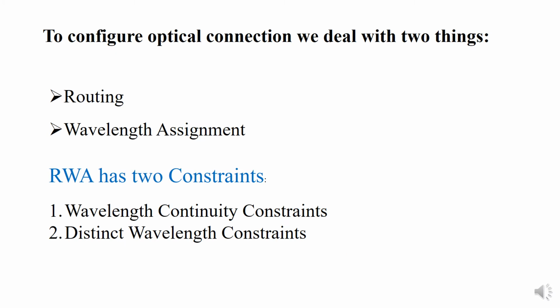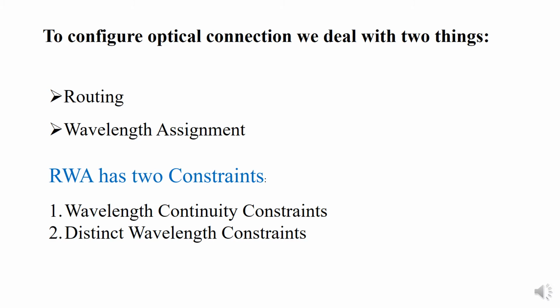We can see that by configuring OXCs along a physical path, a light path can be established between any pair of the edge nodes. There are two criteria. First, the light path is implemented by selecting a path of physical links. We even call it a light path between the edge nodes. Second, a particular wavelength is reserved on each of these links.